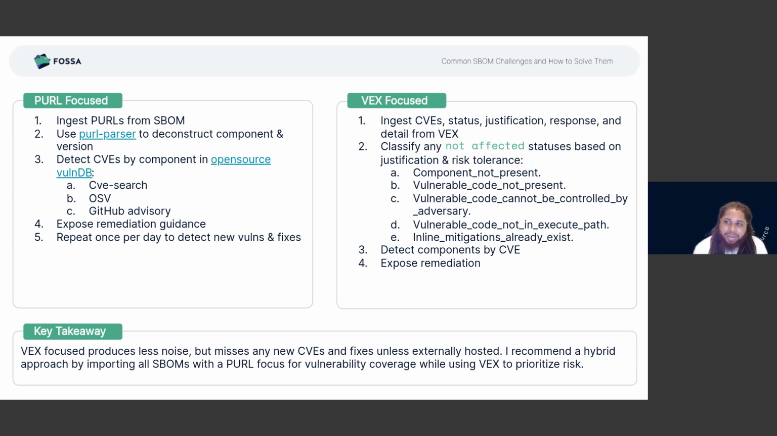But the one call out that I think is important to consider when you think about a VEX focused approach is that it is the supplier's determination of a vulnerability, right? And I think in particular, when you think about these status justifications, you have to take your own internal risk tolerance into account to have a true sense of whether you're affected by that vulnerability or not. And so I think inline mitigation already exists as one of the most interesting ones to me,